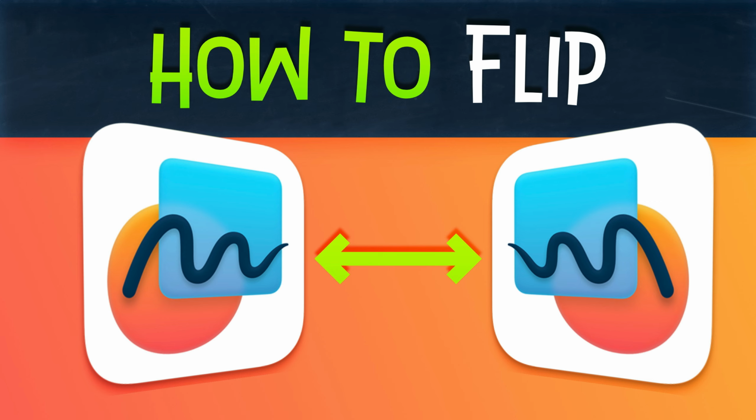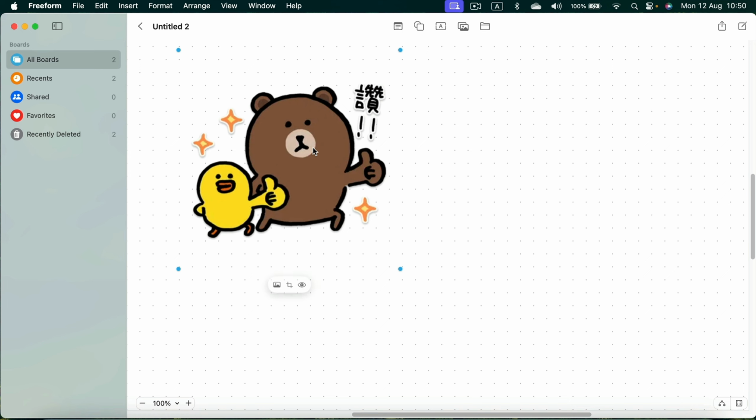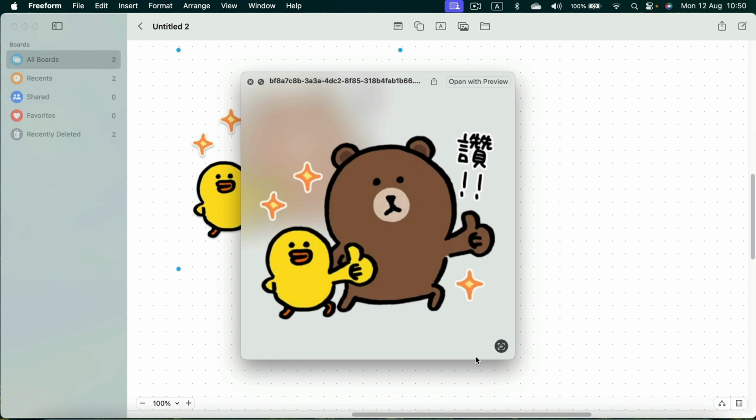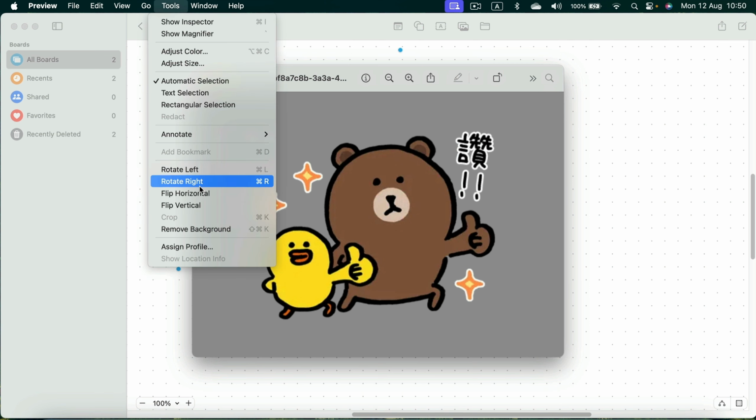Hey guys, it's rather silly that there is no mirror flip button in FreeForm, so how can we work around this feature that is still missing? Simply double tap on your image. It will open the preview mode like that, but we can click here and open this with the actual Preview on macOS. From here, we can tap to preview tools, so we can head to the top and flip it